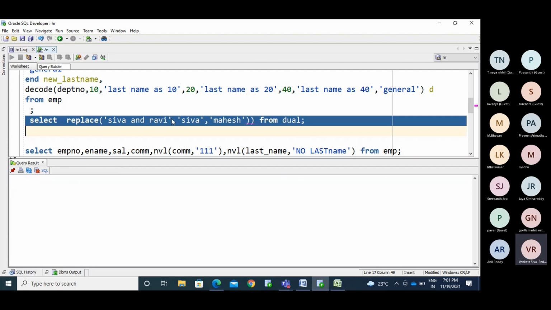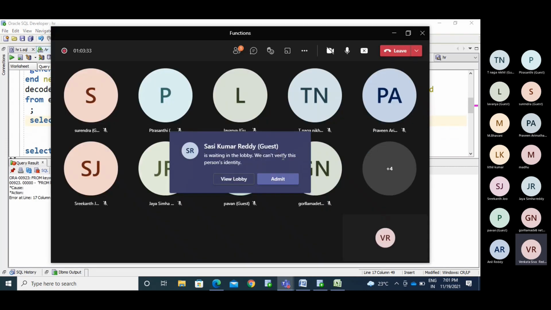So wherever I have Shiva, it is replaced with Mahesh.